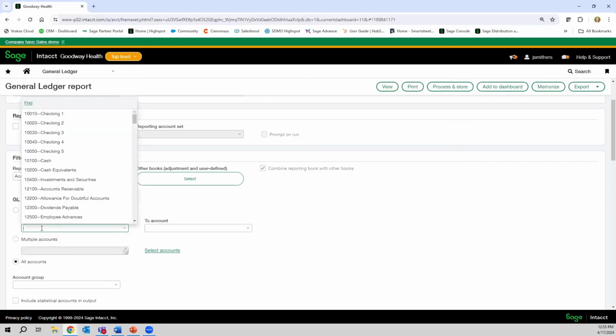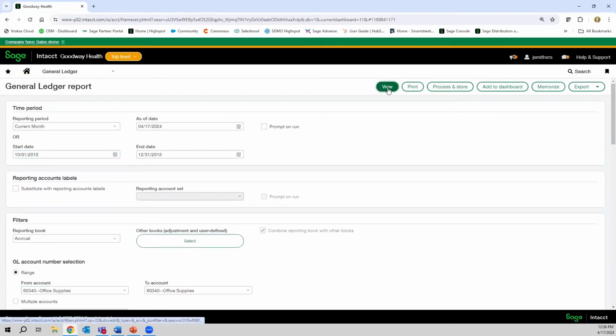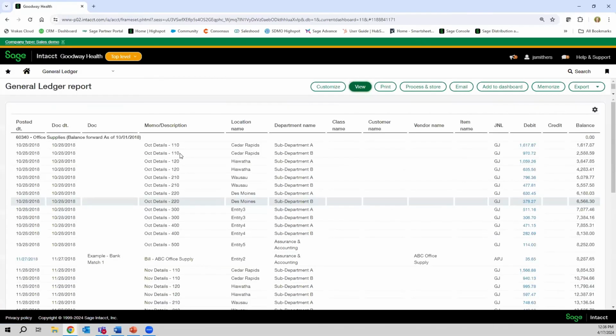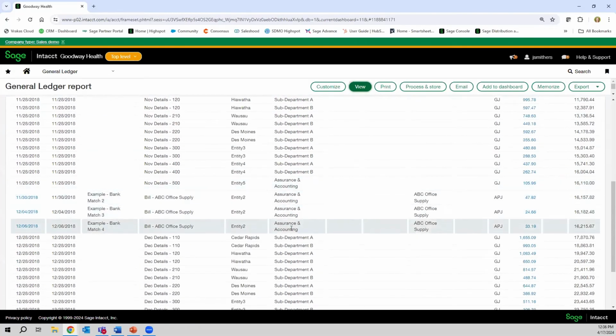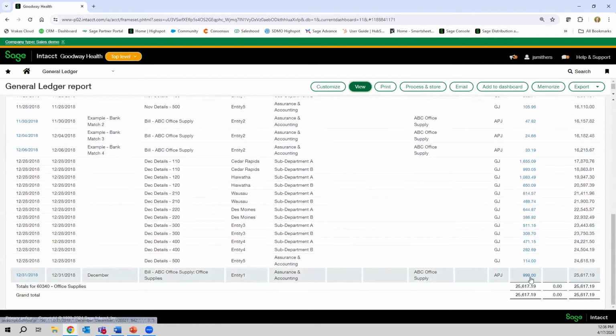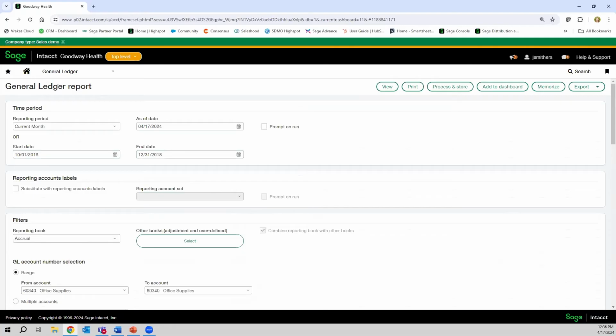And you can see here that if I don't know my account number, I can just type in my account name and it kind of smart finds it, right? So now I'm going to look at just my office supplies GL account for those 2 months back in 2018. And I'm seeing a whole bunch more data, right? Lots of journal entries, a couple different accounts payable bills. And again, I can drill into those source transactions from here as well. So lots of powerful abilities to get general ledger detail reports just with a couple filters,